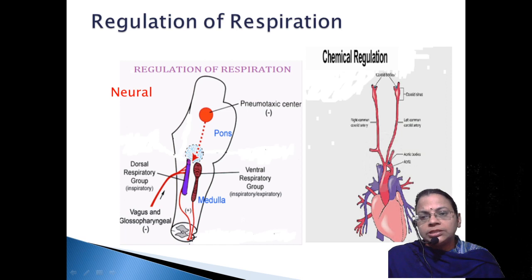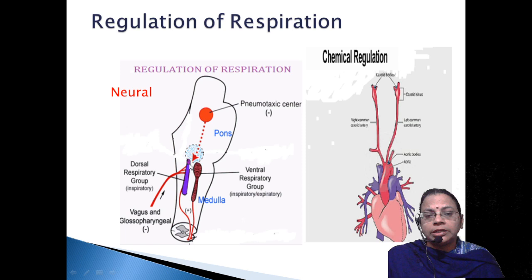If it exceeds, then and there these bodies will sense that very high concentration, and pass it on with the help of nerves, first to the chemosensory area, and from there to the respiratory rhythm center. So the respiratory rhythm center will get the intimation,